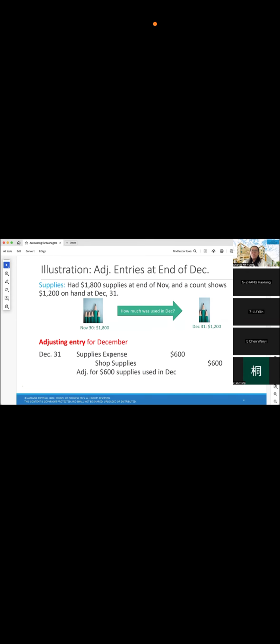So if you recall, expenses are part of retained earnings, and expenses actually decrease retained earnings. So if it decreases retained earnings, it also decreases shareholders' equity. Shareholders' equity is on the right-hand side of the accounting equation because A equals L plus E, and so on the right-hand side, it increases on the right. So DC: if I want shareholders' equity to decrease, I would have to use debit. It increases on the right, it decreases on the left. DC, D is on the left, and therefore I debit supplies expense to show that I've used up $600 worth